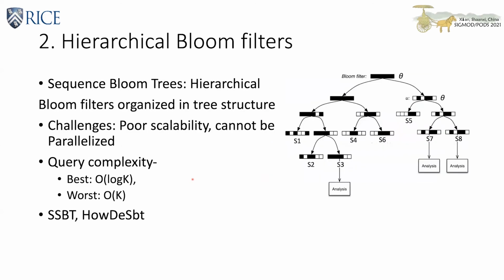Sequence Bloom tree uses a tree structure for the Bloom filter. Here the leaf nodes are the Bloom filters for each file, and successive parent nodes are the union of their children nodes. The query time in this case is sublinear. However, that happens in the best case, where there are no false positives from the Bloom filters. But with the growing load from bottom to top, the FP rate increases. Another challenge is the dependency at each level, hence it cannot be made fully parallel. SSBT and HowDe-SBT are its two variants.